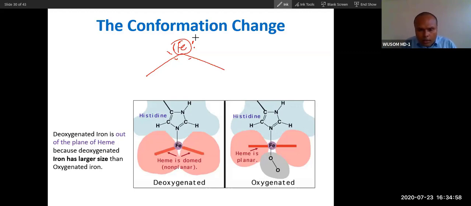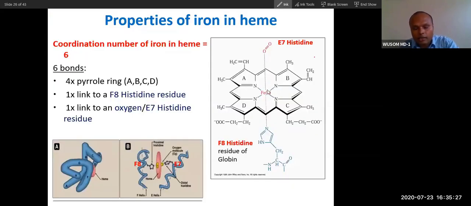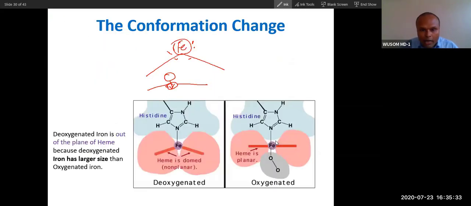So oxygen pushes this electron and forces it to occupy less space, and that is why you can see the iron size actually decreases at the molecular level. When the iron size decreases, the iron that is present outside this crevice will fit into this space of the heme. You can see there is a space in the heme, but in deoxygenated hemoglobin the iron is outside. So because of the movement of this iron, what will happen?